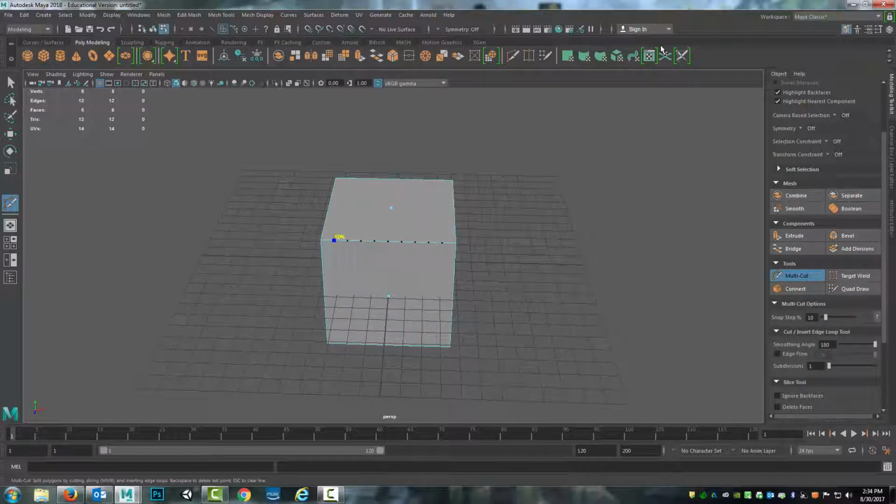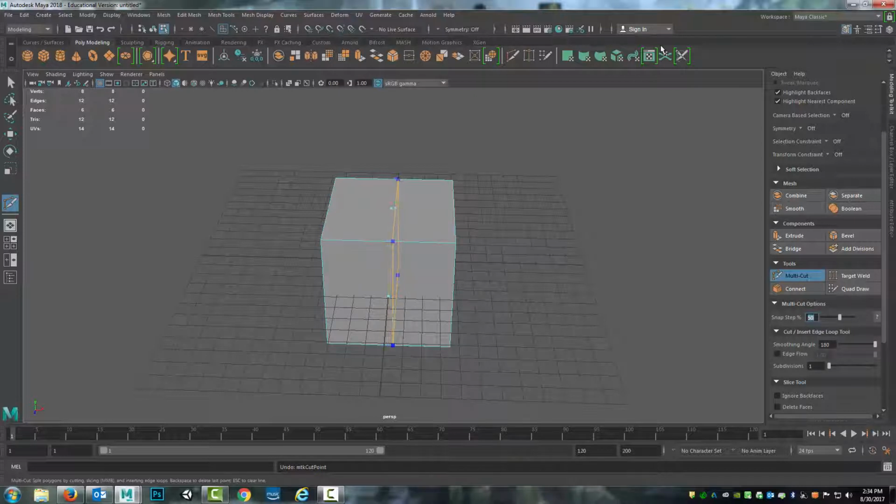But if I want to snap step, I hold down shift and hold down the left mouse key and drag, and I can do it at 10% increments. So I can do it anywhere along here, and when I let go, that's where it'll go to. So I will undo that. So I can even take it up all the way to the top, or I can do it at a